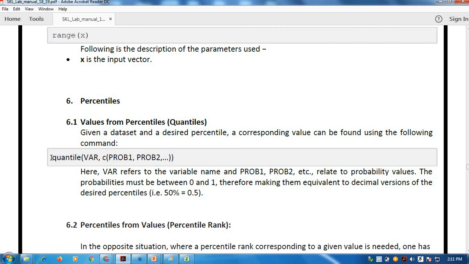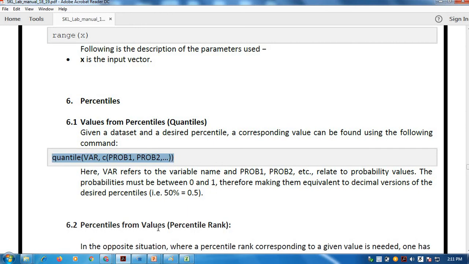The command is quantile. If you recall the earlier discussions related to the interquartile range for box plots, the 25 percentile, 50 percentile, 75 percentile, if we are interested in calculating those quantiles, we use the function quantile.